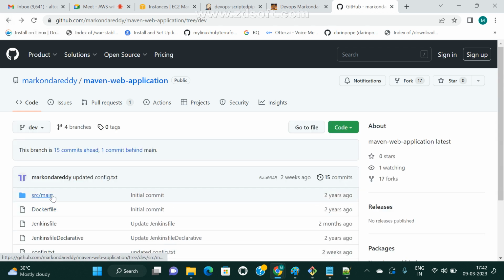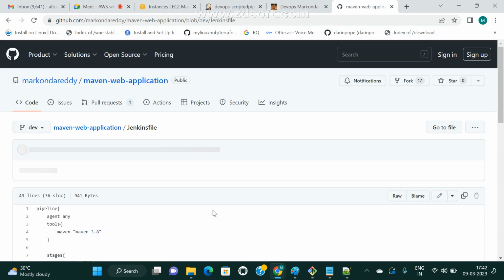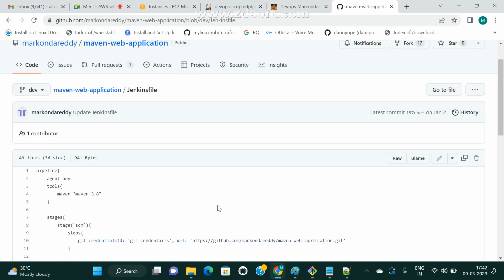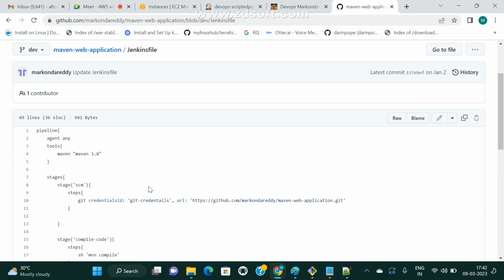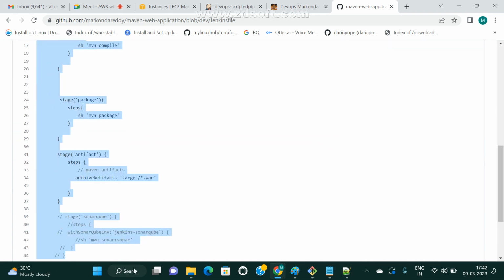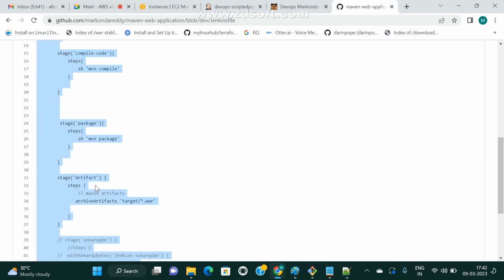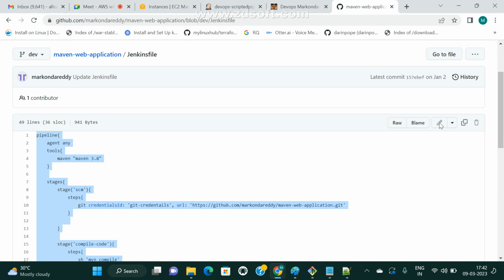Now my Jenkinsfile is already there. This is my Jenkinsfile. There is no extension. Don't give .exe, .doc, or like that. Just give one file name, Jenkinsfile. That is the default file name. And this is my old file, my old script, right? This is from my previous batch. Now I want to update it, so click on the edit button, the pencil button. If we click on this,